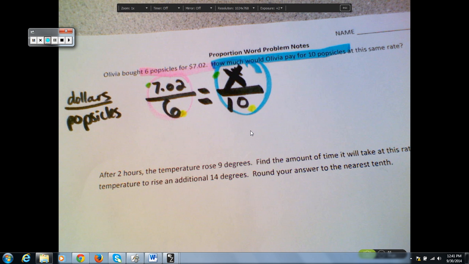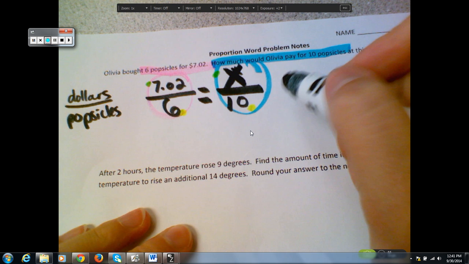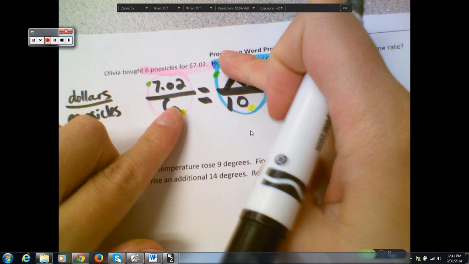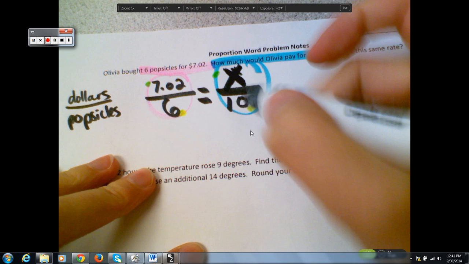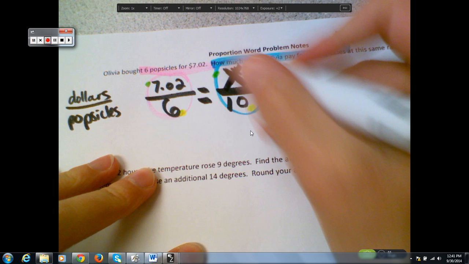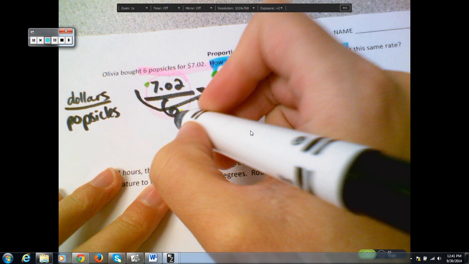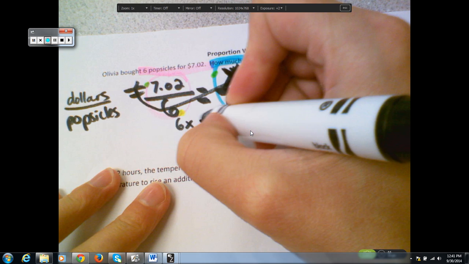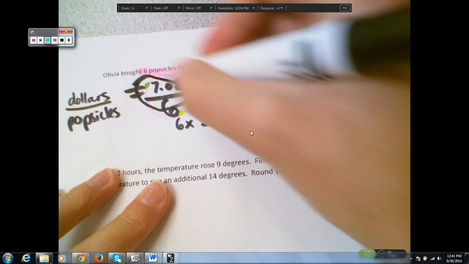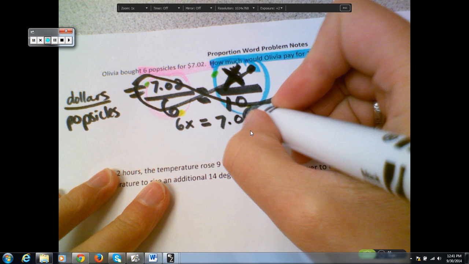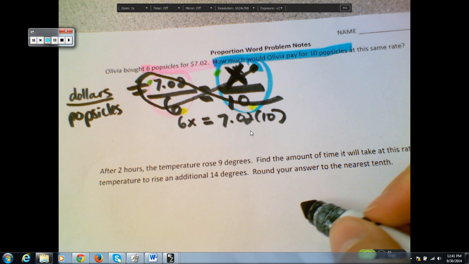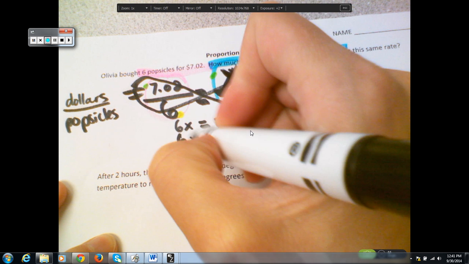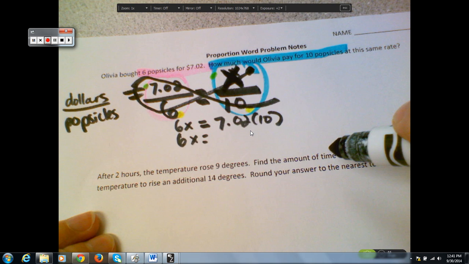All right, now we are ready to solve, which we learned yesterday. Yesterday we learned that if it's a proportion, the cross product will be equal. So we're going to use our handy multiplication fish to multiply 6 times x, which would be 6x, then an equal sign, and then we're going to multiply 7.02 times 10. Now, you can do this in your calculator, but for now we'll just write it out. 6x equals